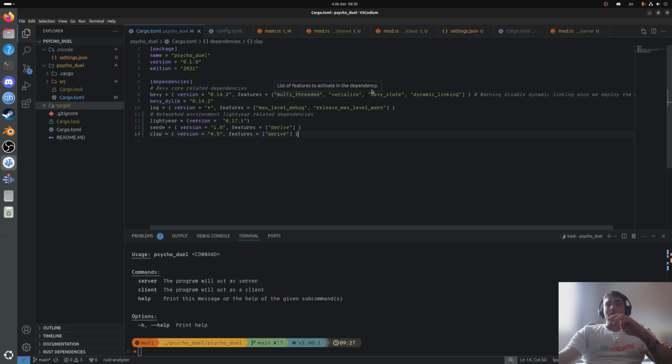Really important. Bevy states is basically state administration. I'm not sure if this is going to be around for a while. It seems people don't like it that much. But I actually like it, so I'm going to use it. And if they take it off, well, who am I to say no to the big boys like Alice and Cart and all that stuff? I can't reject it. Anyways, let's move forward.